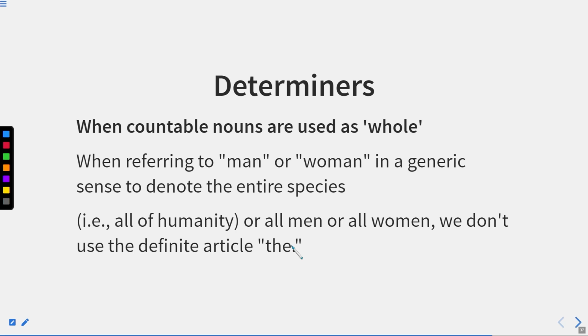Now, when countable nouns are used as a whole, this one is very, very important. What happens? If there is a noun which is countable, but it is not used for that particular noun which we have stated. Instead, it is showing the whole community of that particular thing. It is not just stuck to that particular word which is stated over there. In fact, it is giving us information about the entire species of that particular thing. So in that case, we cannot use the. For example,